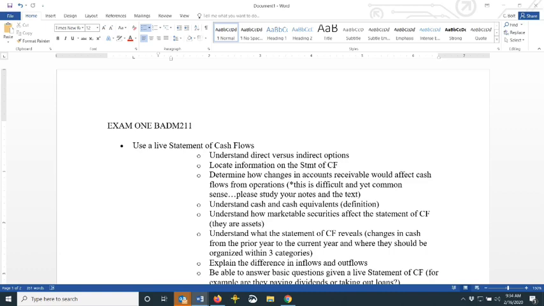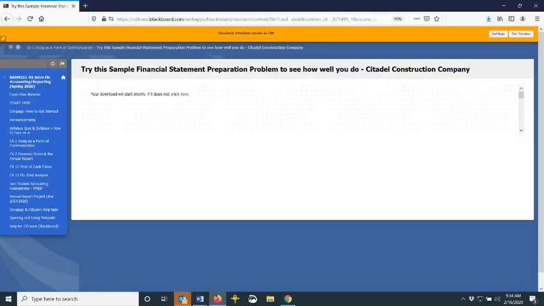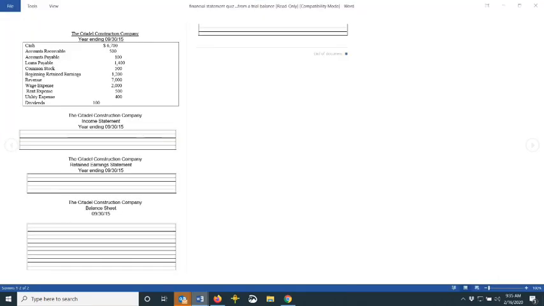So the first thing I want to show you is a few of the useful tools that I think everyone should go back to and refer to for studying. The first one would be this financial statement quiz that I have provided you access with. If you haven't already done it, it's exactly similar to what we'll be seeing